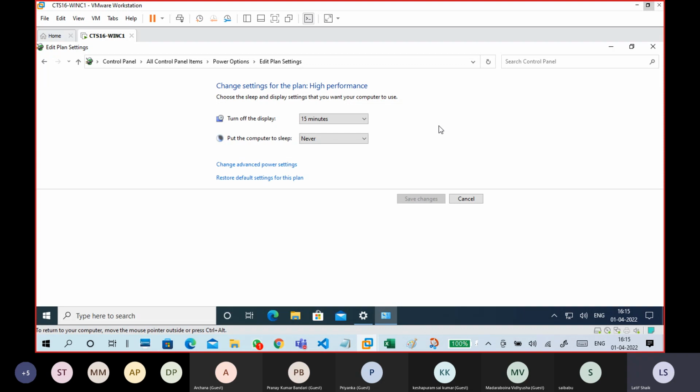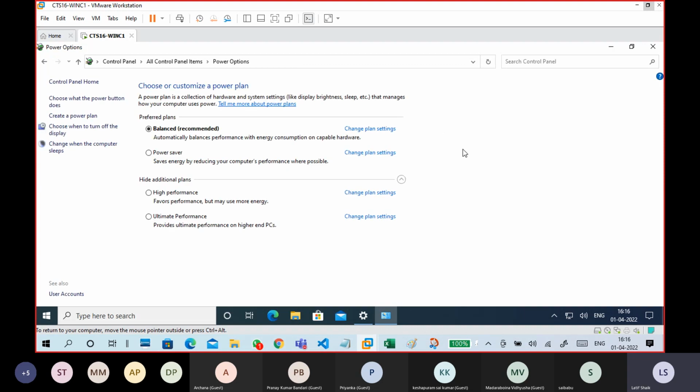So it never puts your system to sleep in high performance. When you use high performance, you are doing some very serious, continuous work, so you don't want to put your system into sleep mode. And second, the power supply must be connected. In high performance, you must connect a power supply and you are doing some serious work. In that condition, you can use high performance. If you are not doing some big work or the power supply is not connected, it is better to go for power saver mode.